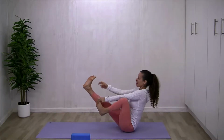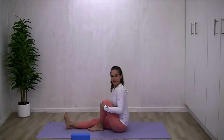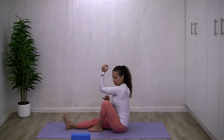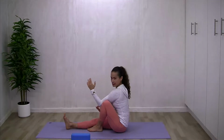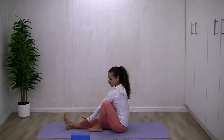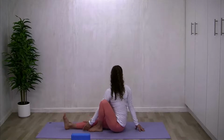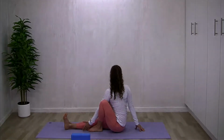Then extend the right leg, bend the left, and come into your mariachi setup on side 2. Taking your left elbow and tricep and pushing against the inside of the left leg as you extend your left fingertips long and lengthened. And then rotate to look over the back shoulder, using the other arm to gently prop you up. Sitting up nice and tall, bracing into your extended leg as if you were pushing the wall at